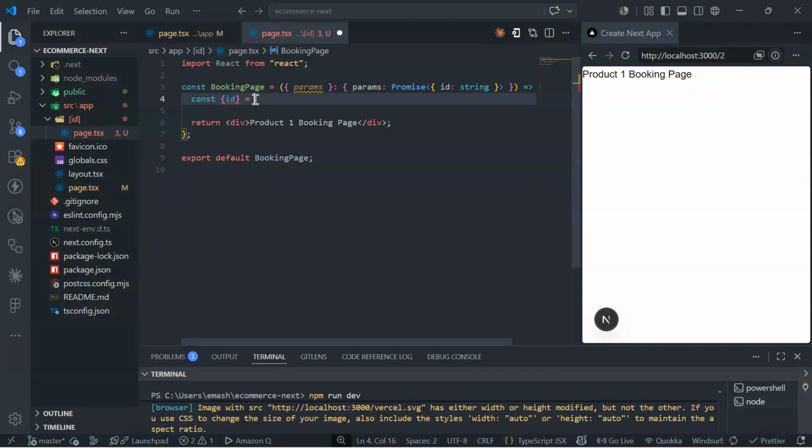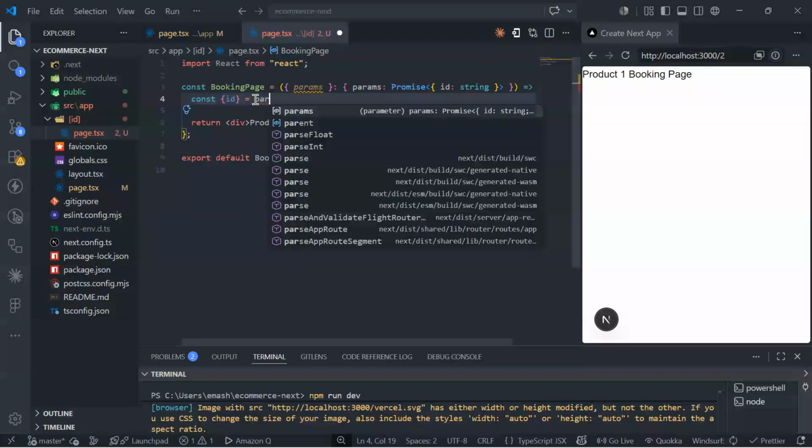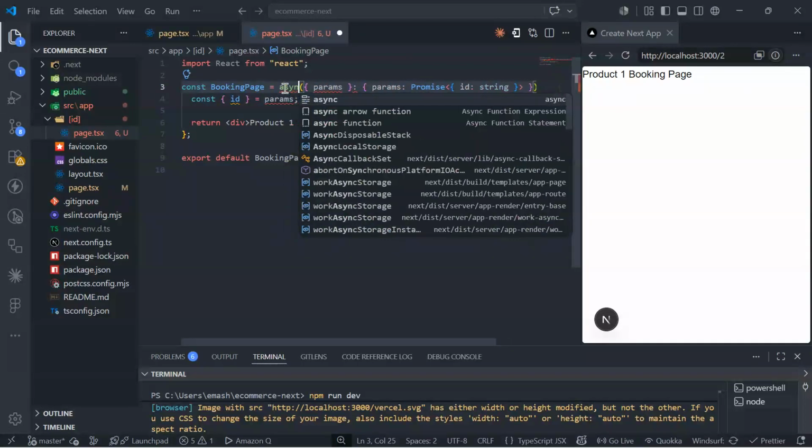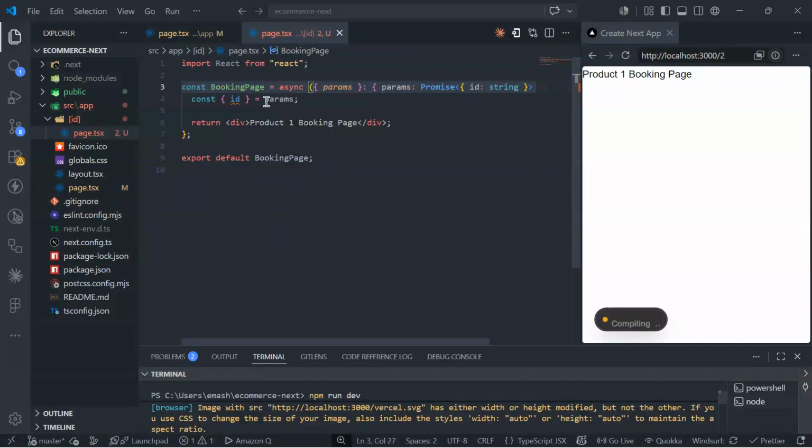So here we want to check everything from params, but since it's an async function, it will return a promise. So here we want to make this one async, and you can await